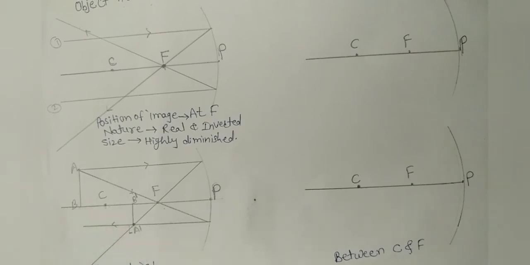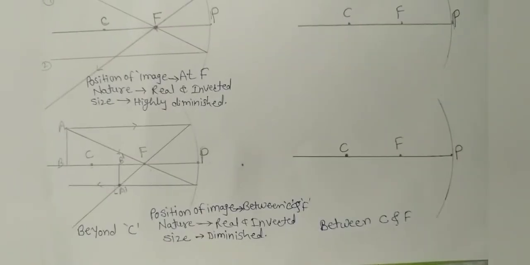We will write position, nature and size of the image. So here we can say if object is placed beyond center of curvature, the image will form between center of curvature and focus. Image will be real and inverted and size is diminished, that is smaller than the object. Now third case is